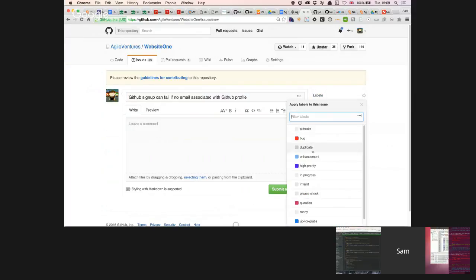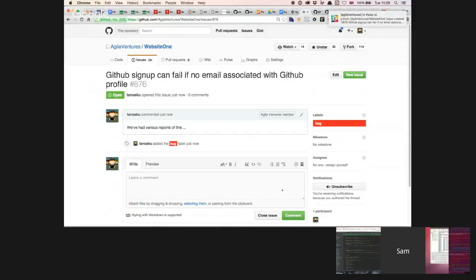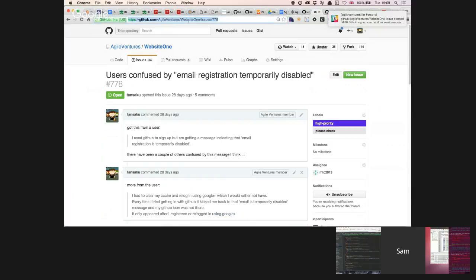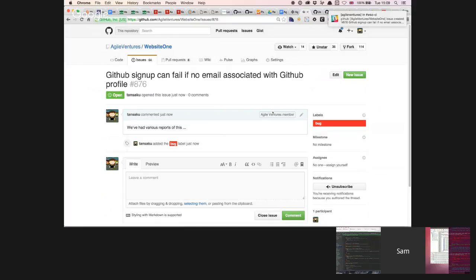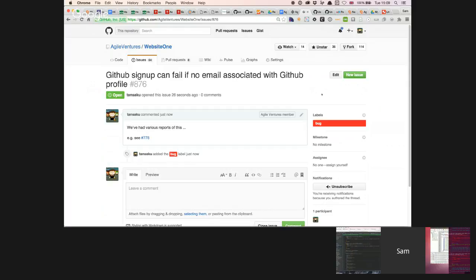Interesting. I wonder, we've had various reports of this. I wonder if the thing to do here is to try and write a failing test that gets with this situation, or at least we'll run through it on the local. I guess, do we need like a test GitHub user that doesn't have an email? We have that already, don't we? Let's